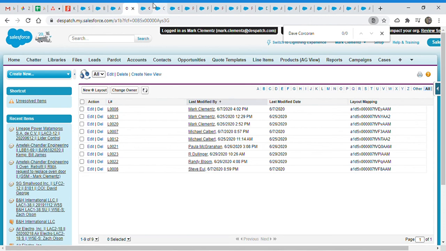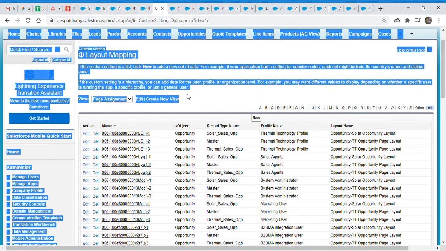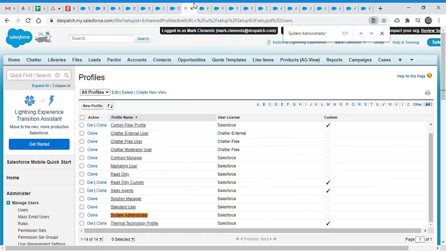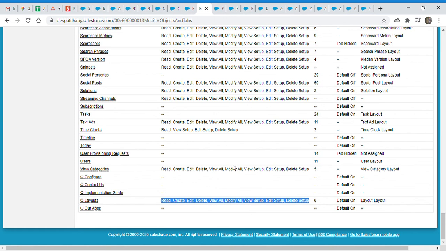So I checked all the profiles that are here. You see technology profile, sales agents, system administrator, and marketing user. These are all the profiles, and this is system administrator. For layout, it has read, create, edit, delete, view all, modify all, view setup, and everything.